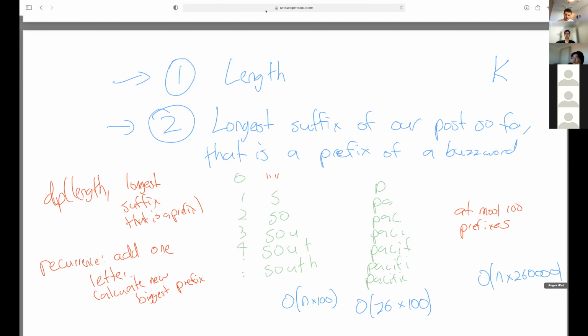This is our overall complexity. Unfortunately, this is way too slow. By n I mean k, the length of the string is k, not n. This is way too slow because k is up to 10 to the power of 18. So this solution is too slow, but it's a good starting point, and we're going to have to improve upon it.